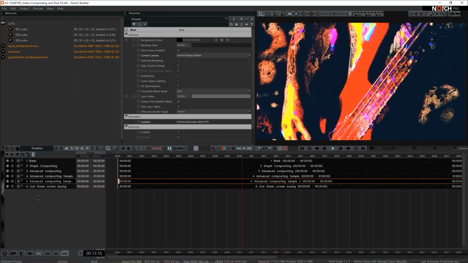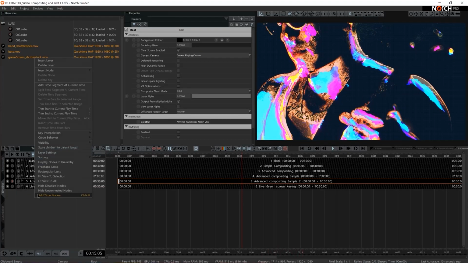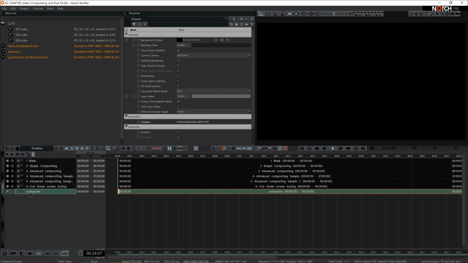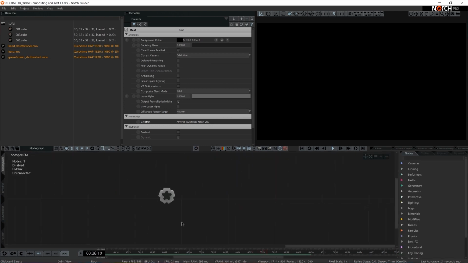So with that said, I'm making a new layer now. I'm going to right click on an empty space here and choose the Insert Layer option. I'm going to call this layer Composite. Right, with that done, I'm going to go back to the node graph and start building my